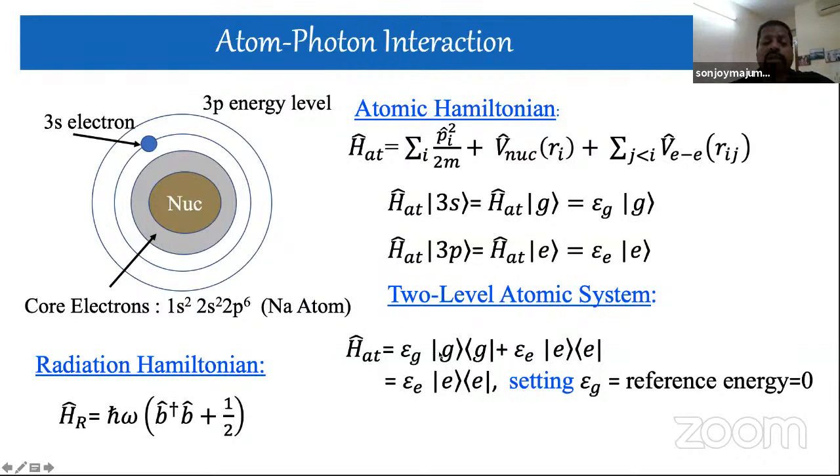Now what you can fix, because you want the relative changes of the energies, since you will shine the light and see how this electron will go to the excited state, that depends upon the energy difference between the two states. So in that case, we only need the energy difference, and we can set the ground state energy to 0. Once you fix the ground state energy to 0, you can write that the atomic Hamiltonian is nothing but E_e and your density matrix with respect to the excited state.